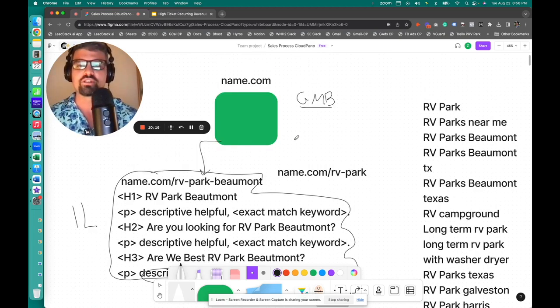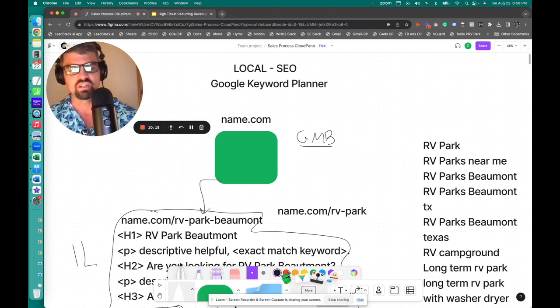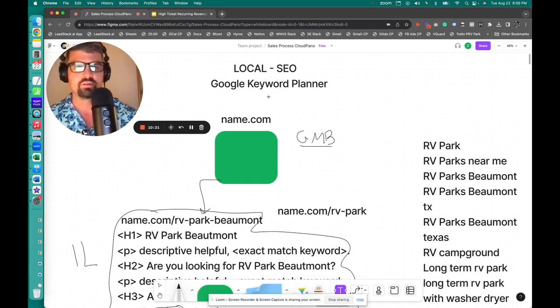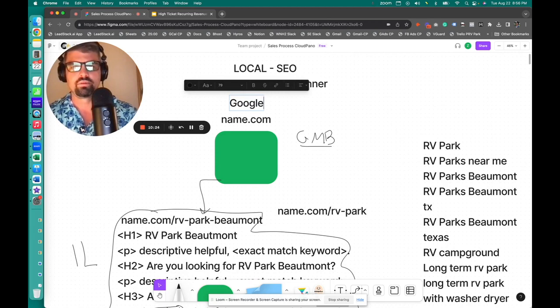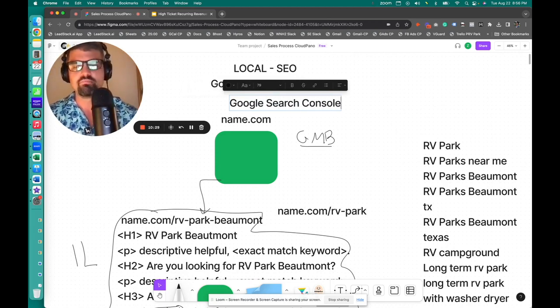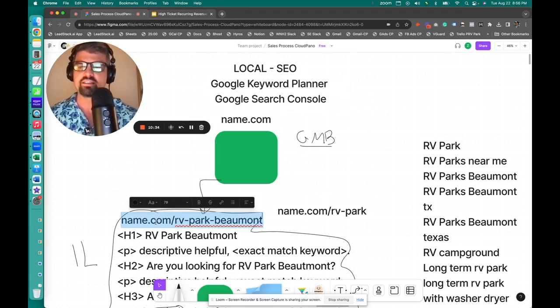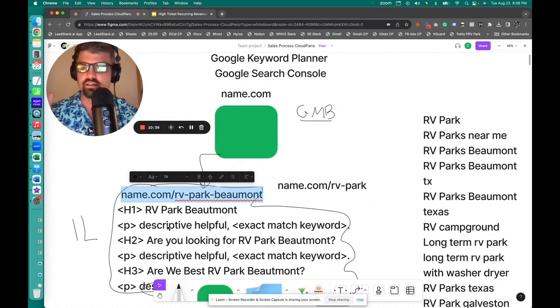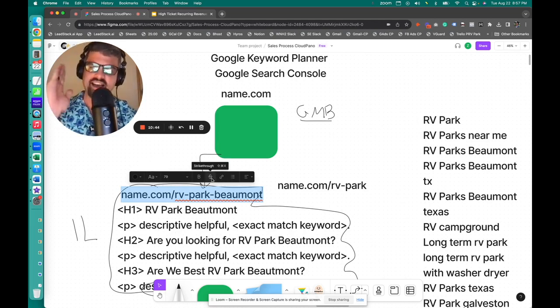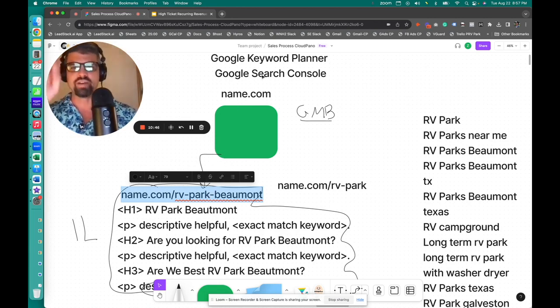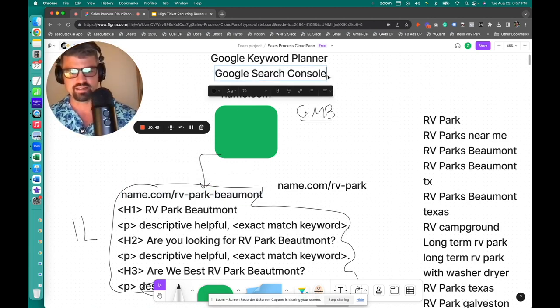Then you're going to make sure you go over to another free resource which would be helpful to you: Google Search Console. This is where you can submit your pages. So look up how to do it. You literally just copy and paste the URL. As you make this page and interlink it, and it looks pretty good, you can add some anchor text to the images as well. Anchor text is just what the image is about. Very simple. Every website builder has this. You add it to the Google Search Console,